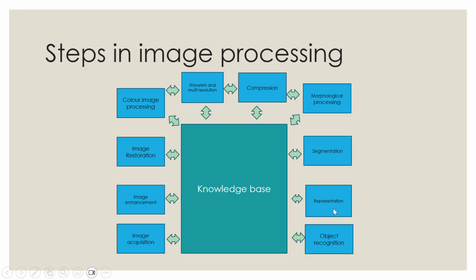The next one is representation. Image representation considers the segmented regions and converts them into a feature or a descriptor. The next one is object recognition. Object recognition identifies the object using the extracted features. So these are all the fundamental steps in image processing, and all these things are based on the central knowledge based system. This knowledge based system contains machine learning models, or image data, or it can be any decision making mathematical model.